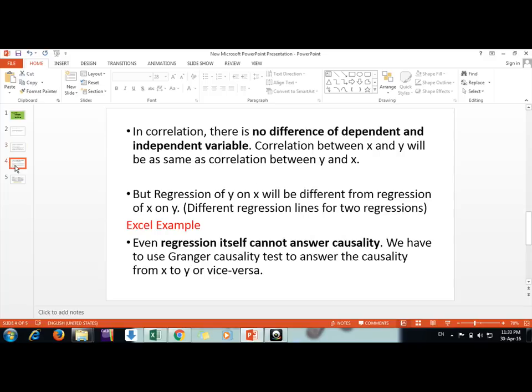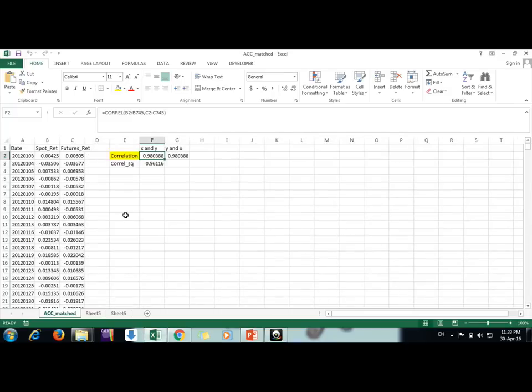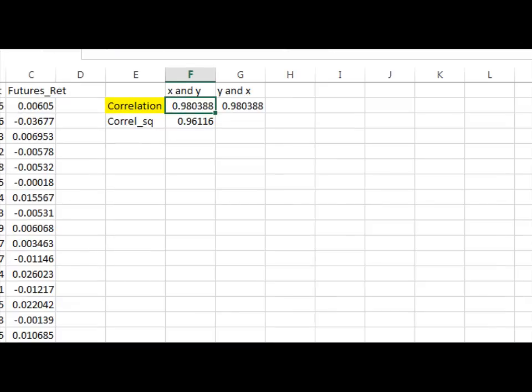One more thing that we need to know is that in correlation there is no definition of which is the dependent variable and which is the independent variable. We don't make any difference. Correlation between x and y will be the same as correlation between y and x. Let me show you. Here we are having spot returns and futures returns.